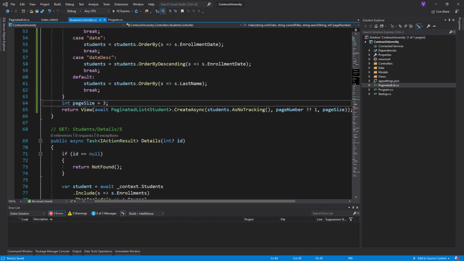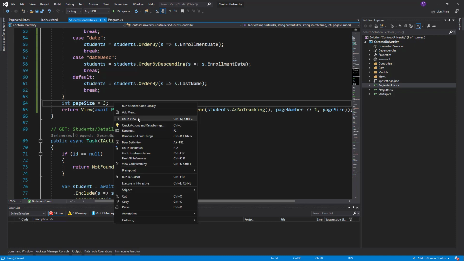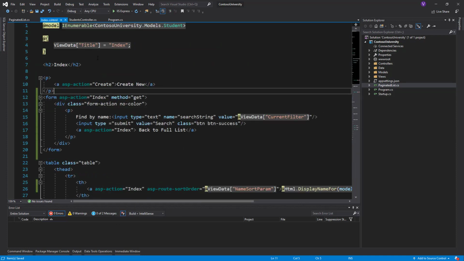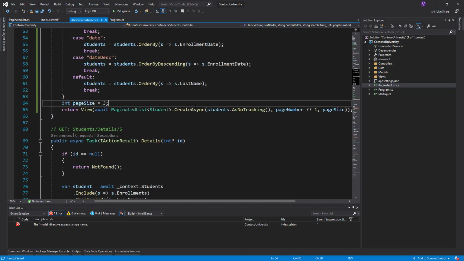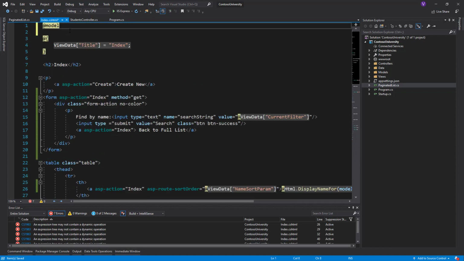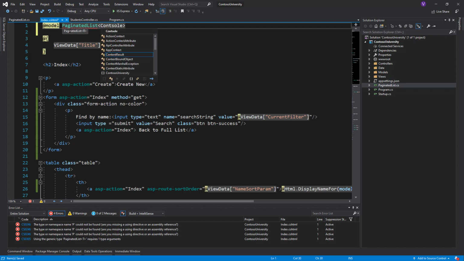Let's add the paging links now, the last part of the project so far, of this type of the project for the paging links. So we go to the view here and we start changing stuff. First of all, our model is different because in the controller we are returning another one. So yeah, model should be paginated list like this, and it should be Contoso University.models.student,